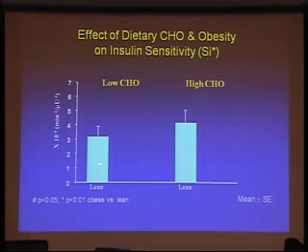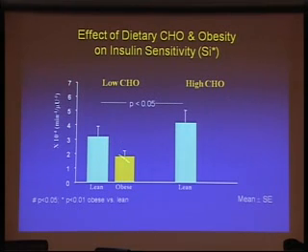And under a low carbohydrate diet, that is a high fat diet, 55% fat for 10 days, versus a high carbohydrate diet, which was 60% carb for the same 10 days in a crossover design method. So in fact, with exactly the same insulin secretion, the insulin sensitivities were increased with a higher fat diet or decreased with a high carbohydrate diet, which must reflect adaptation to an intracellular environment and a post-insulin receptor change in sensitivity. If you look at the obese subjects, the obese subjects have